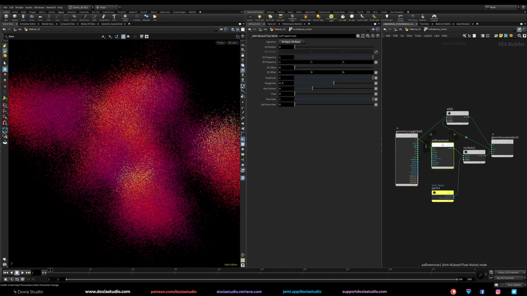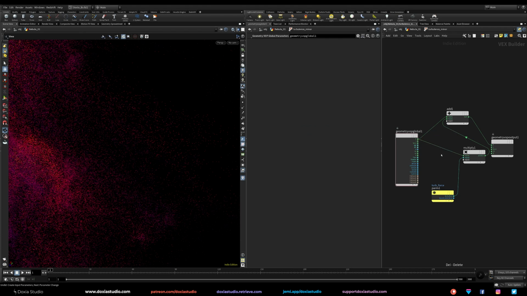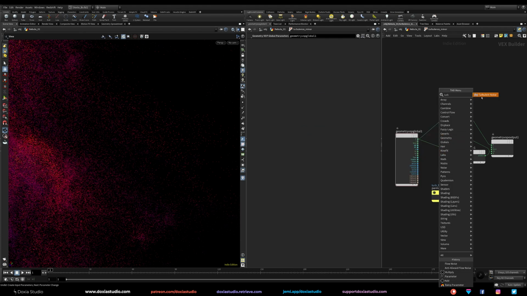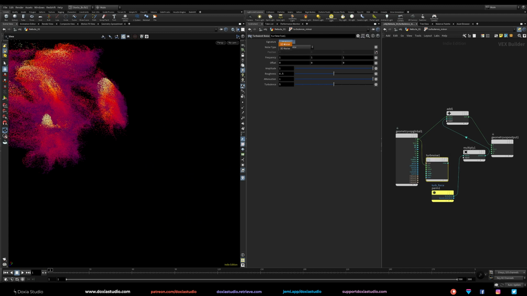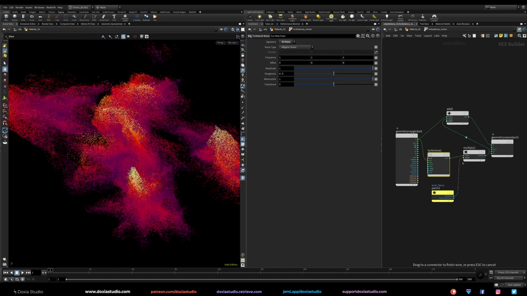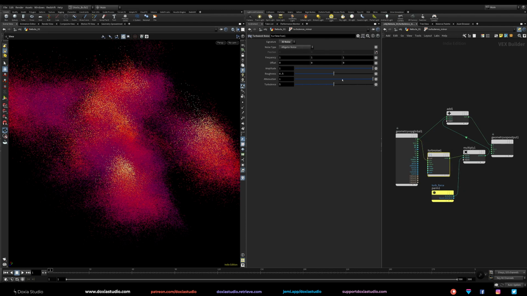Let's go with turbulence because I want to use this one only on the last one. So let's go again with turbulence. Sorry about that. And let's go with 3D noise. And let's link everything again. Sorry, as you can see, this is normal. We just keep doing stuff. And let's go again, create input parameters.